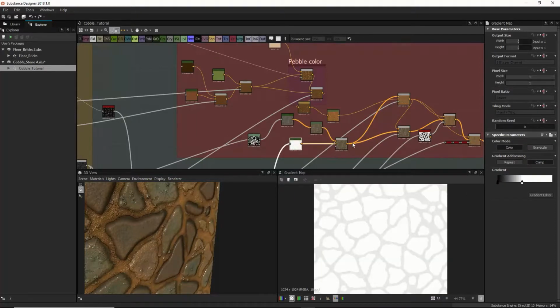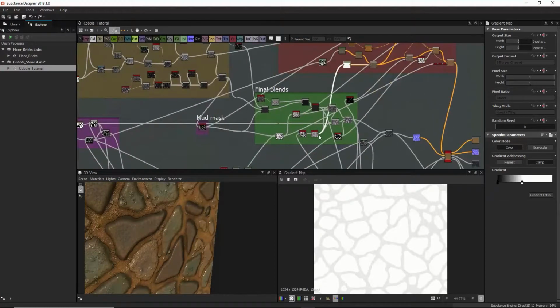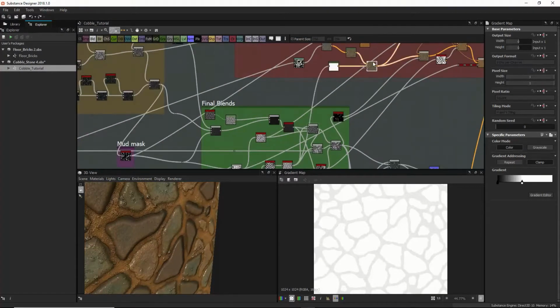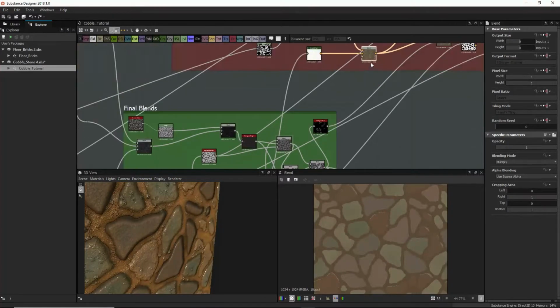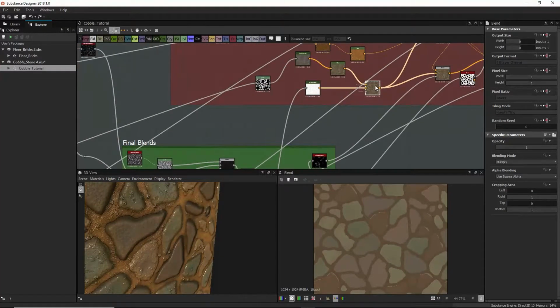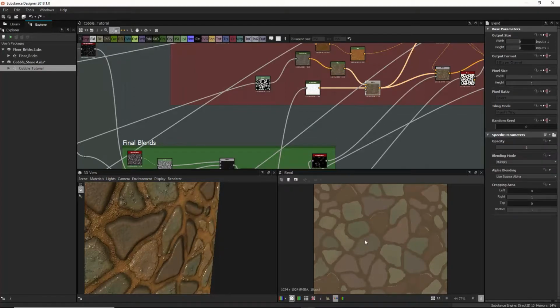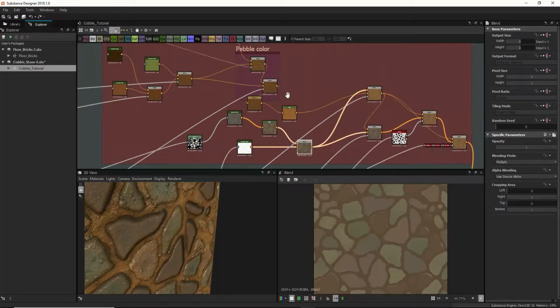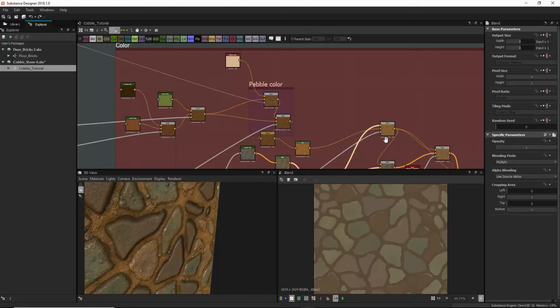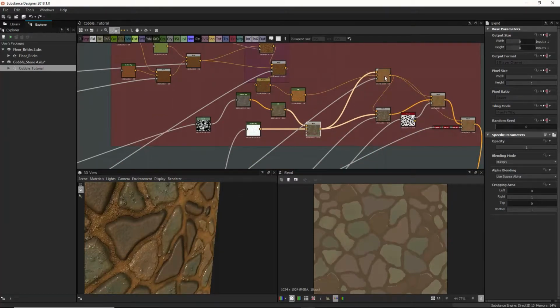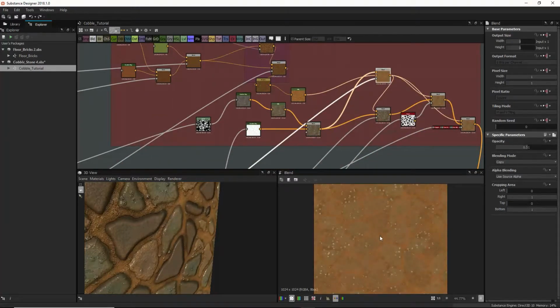I put a gradient map. Why did I put this gradient map here? Well, I put it here just so I can blend a little bit, because I did a blend and I multiplied it on top of it. So basically we have this, and now we have this. So I just took the pebbles, took this final color, added it to the pebbles,